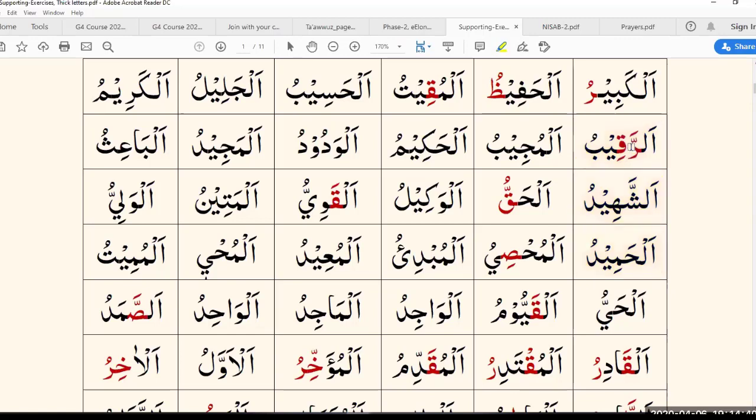So try again. Yeah, that was good. Very good. And how would we read this if we were to pause here? Okay, good. So that sounded like a strong Qalqalah.